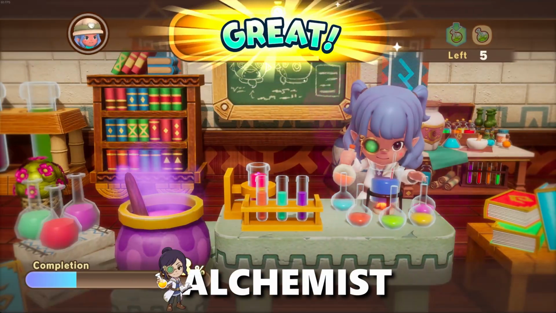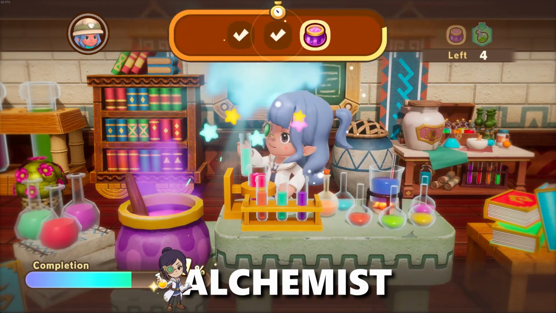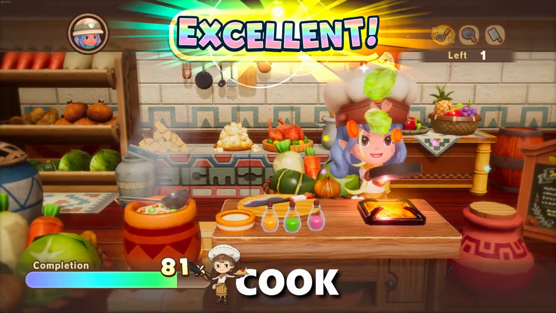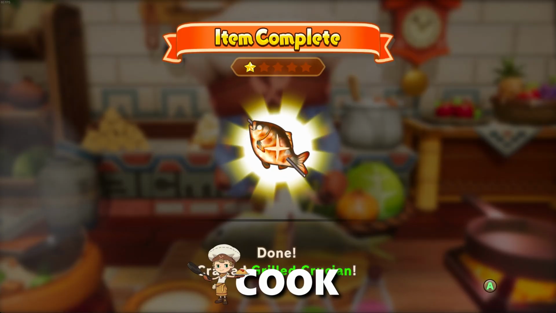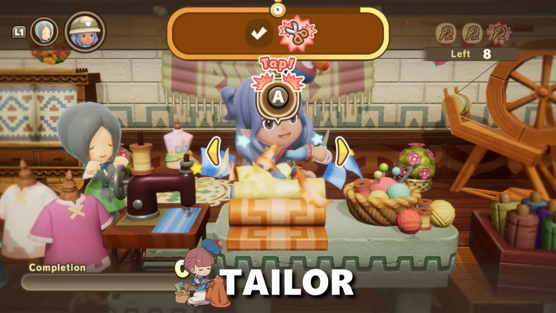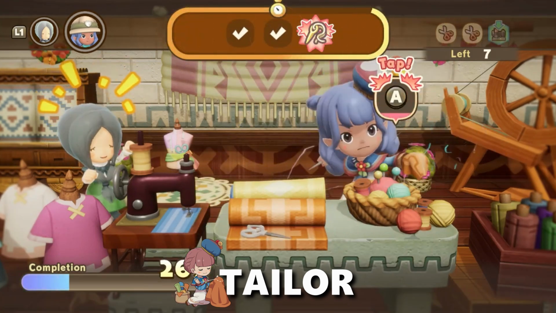The alchemist, you use a flask to craft potions, charms, and accessories that offer healing buffs and stamina boosts. The cook, you're whipping out your frying pan and cooking dishes that restore health, boost stats, or keep your stamina up. The tailor, you'll use a needle and thread to create stylish outfits that double as armor and give you